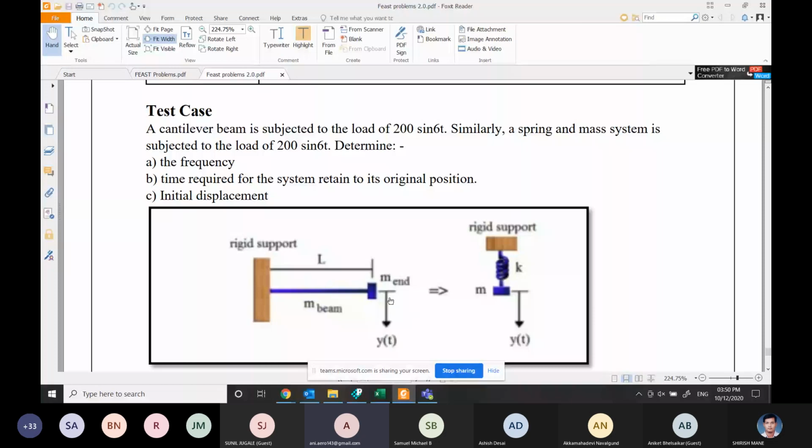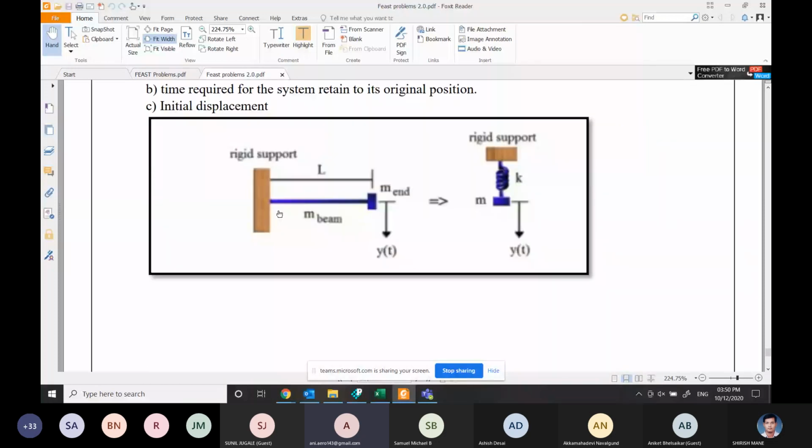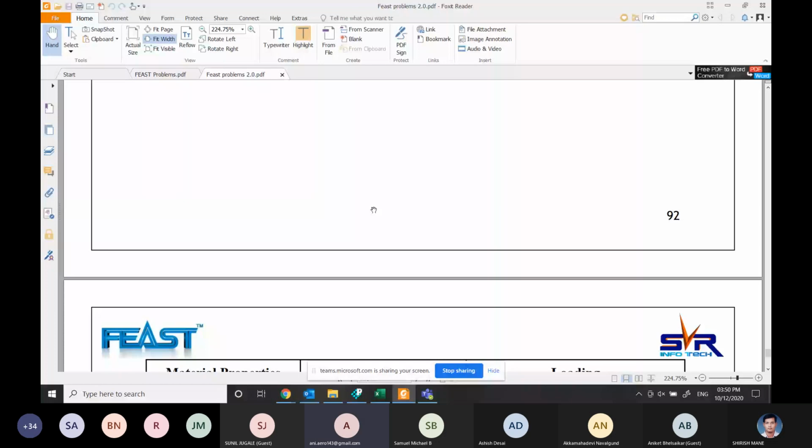So let us consider, you can see here, this length of the beam, which is fixed at one side, and we are applying a certain load. So there will be some deformation. After there is some deformation, you can simply cut the string. Let us assume you are applying the load using some string, and you cut that string. After cutting the string, there will be some vibration induced in the structure, which will die down with time. I'll just scroll down a little bit.